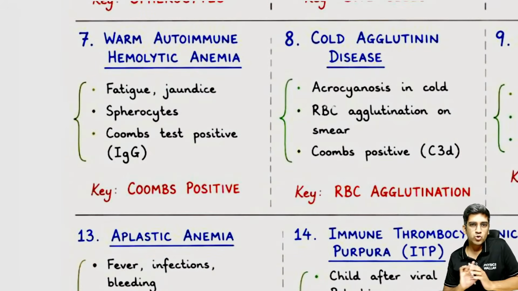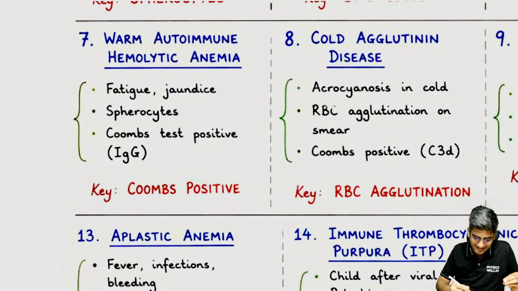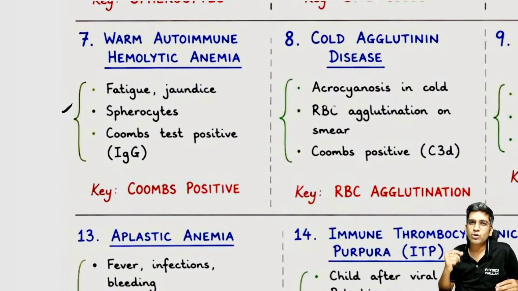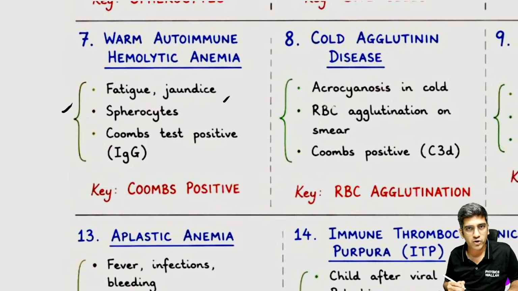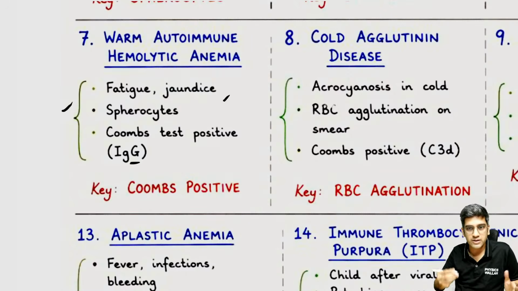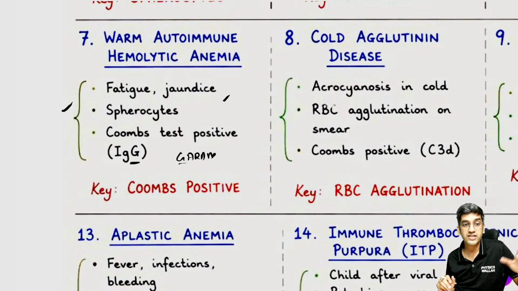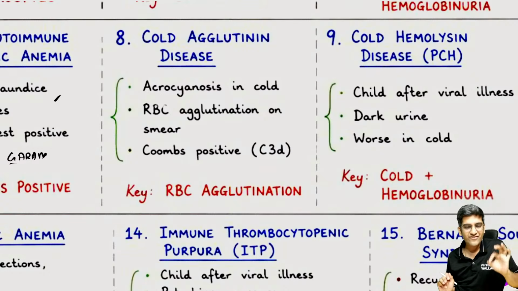Fine. Next comes autoimmune hemolytic anemia. We have two different types of autoimmune hemolytic anemia. One is a regular autoimmune hemolytic anemia. They don't have any keyword. You have spherocytosis in the microscopy and Coombs is positive. My diagnosis: warm autoantibody autoimmune hemolytic anemia. Warm is the most common subtype and warm will always have IgG, right? There is a mnemonic which I must have told you. Warm is garam, right? So G for G, it helps you to remember IgG is the most common antibody, not IgM, IgG, fine.